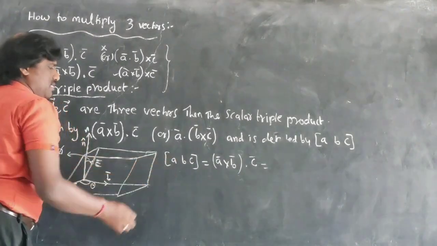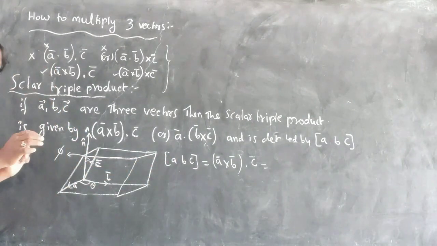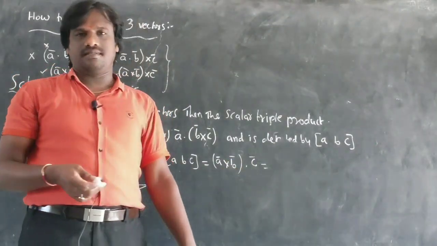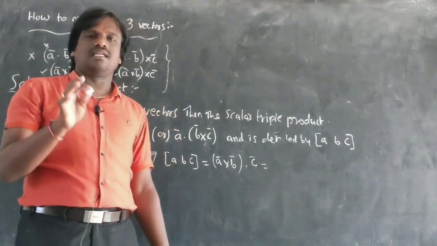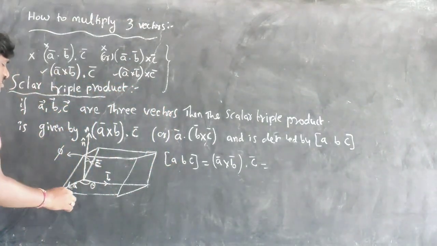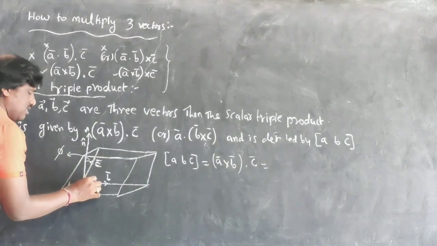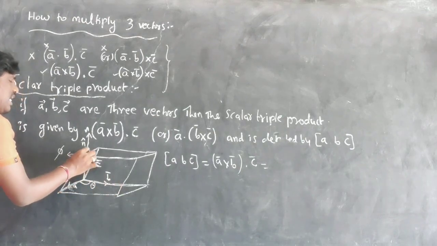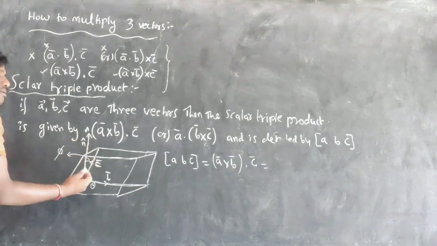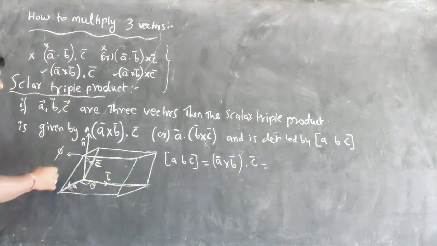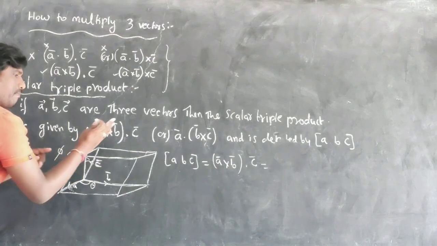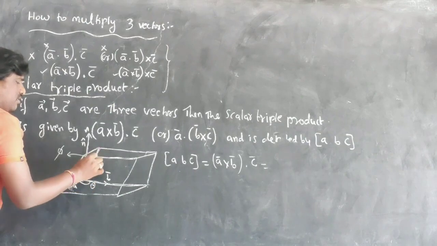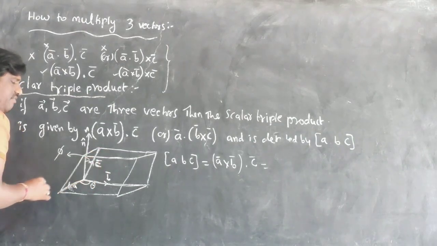Now that is what box ABC we are going to learn now. So box ABC, the volume of a parallelepiped is nothing but box ABC. That's the most important question of JEE. I will discuss this also. Now if this is a vector A and this is a vector B, and the cross of A cross B is along n cap, this n cap is perpendicular to A cross B, and this is a parallelepiped, so it's parallel like this, the box will be like this, okay, parallel. So here is the C vector.